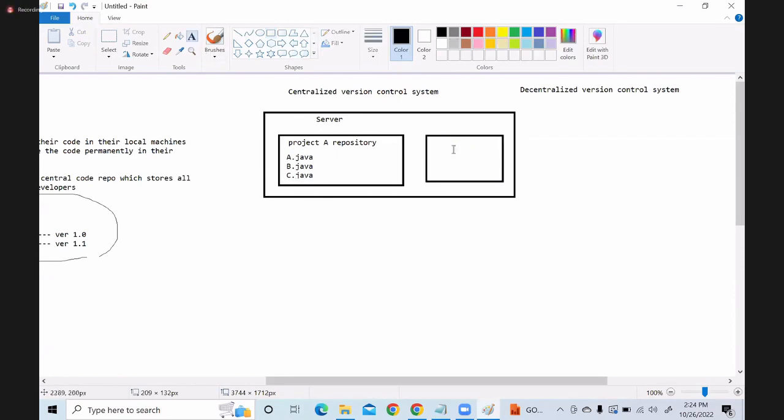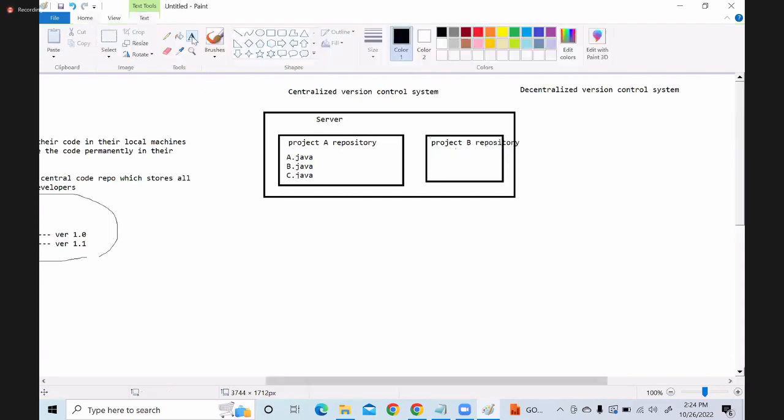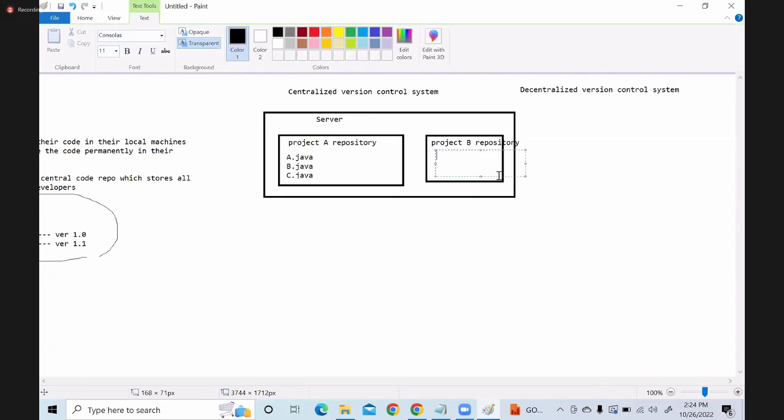So this is the project B repository, and here we'll have some X.java, Y.java, K.java. I'm just giving an example.